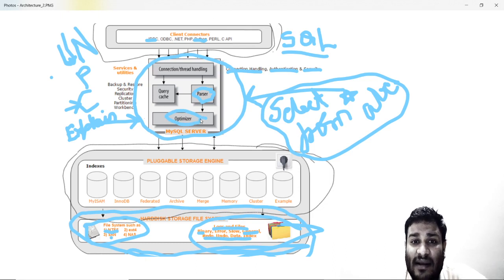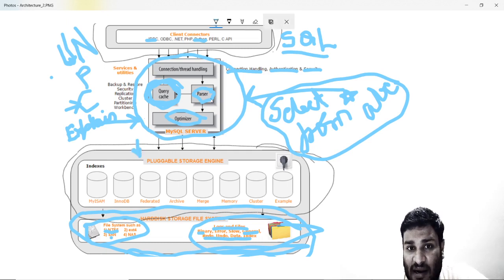So it reads this parse tree and checks if there is something which has to be rewritten or done again. Then the query cache is something which is just a cache. We can understand what exactly a cache is. Any query which is being repeated again and again is ranked top in this cache, and this is the way to make sure that you do not go back to your storage engine to collect the data.